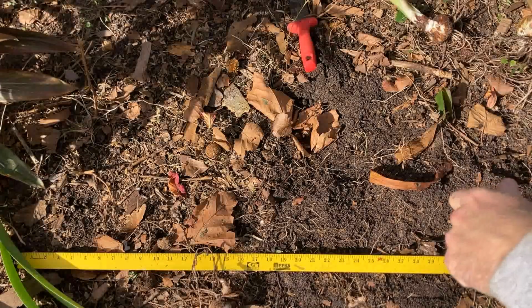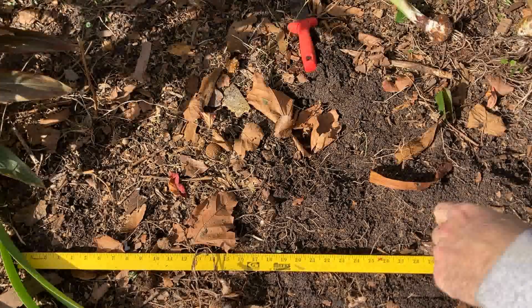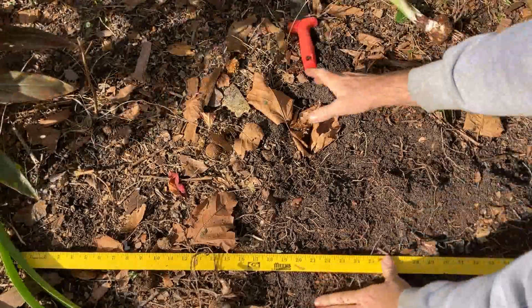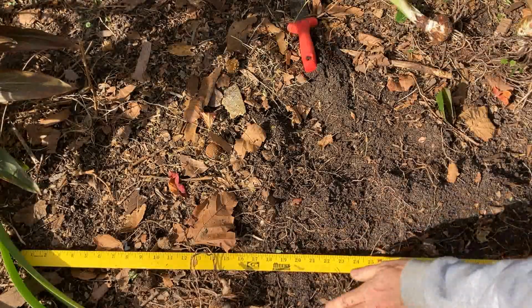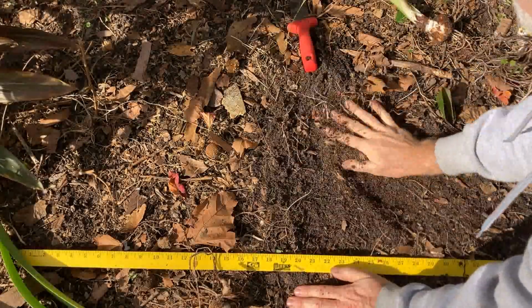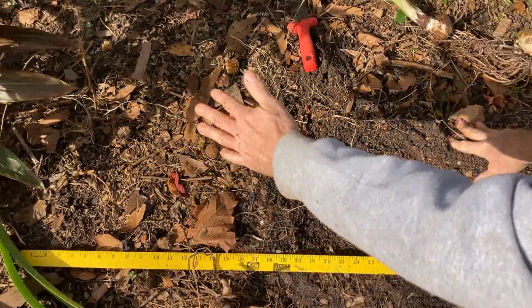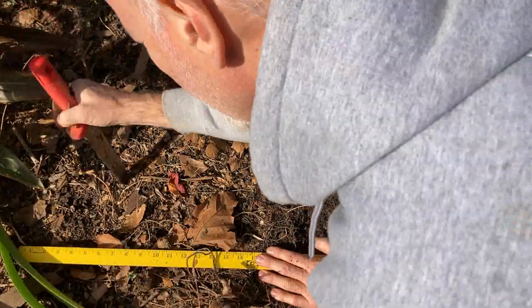Right now we have all sun because it's December 14th, 15th, I think it's the 15th. And the sun's low and the tree above us has lost most of its leaves, the sycamore tree. So anyway, I'm going to start at the far end because I don't want to work across myself. I'm going to start somewhere right about here